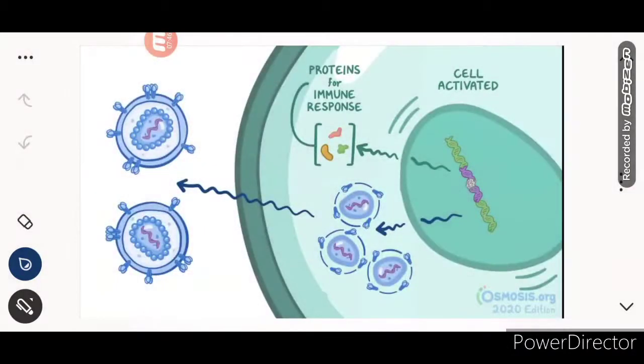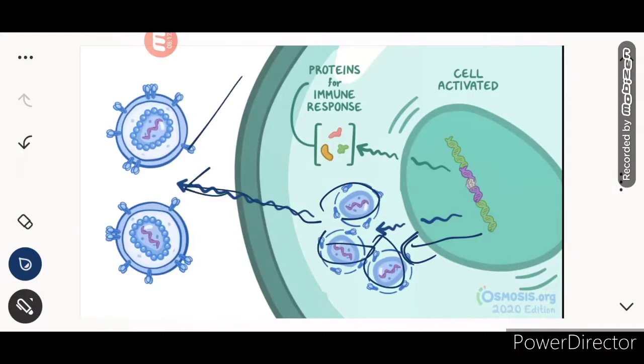Okay, so basically the cell gets activated and produces various proteins for the immune response. The normal process is this, such as cytokines and interferon alpha, beta. But instead it produces the proviral DNA. Once it gets replicated, the viruses go out of the cells and produce more, and this process continues, and from the window period to the chronic stage, the immunity of the body gets compromised.